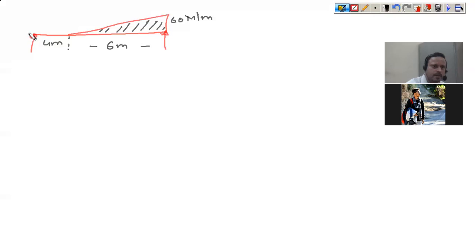And this is A, this is C, this is B. And let us assume, probably I need to assume at this stage, that you can find out RA and RB. So RA is known to you. So let us take an element which is located at a distance x. So the equation for M now is RA into x minus,